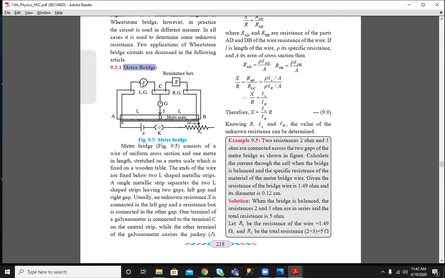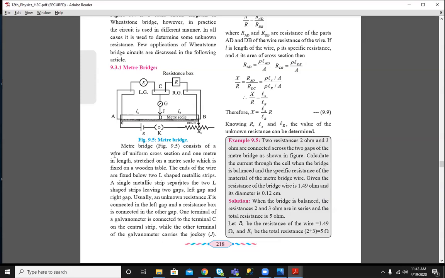So X is the unknown resistance and R is the known resistance in the resistance box that we have to choose. A wire of 1 meter length is placed between the points A and B. This wire is divided in two parts, LX and LR. The galvanometer is connected across the ends C and D. As in the Wheatstone bridge we get the balance point condition, here also we are going to get that condition. Let's see the construction, just reading.